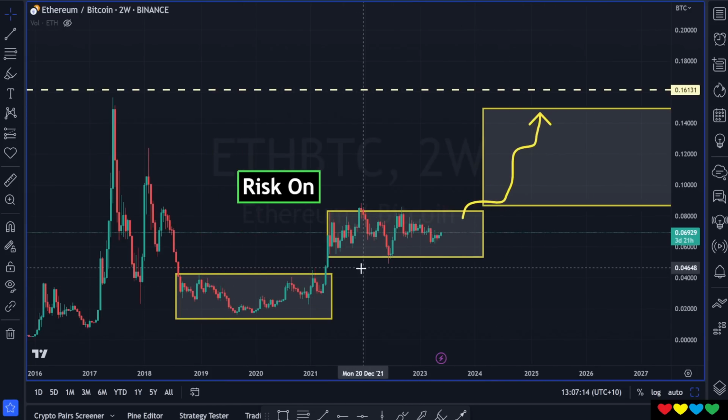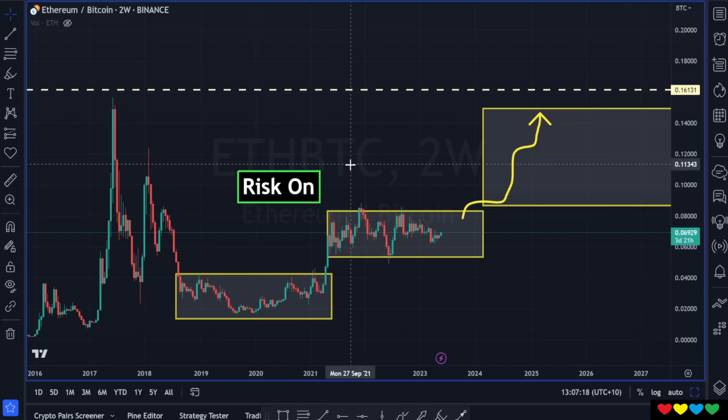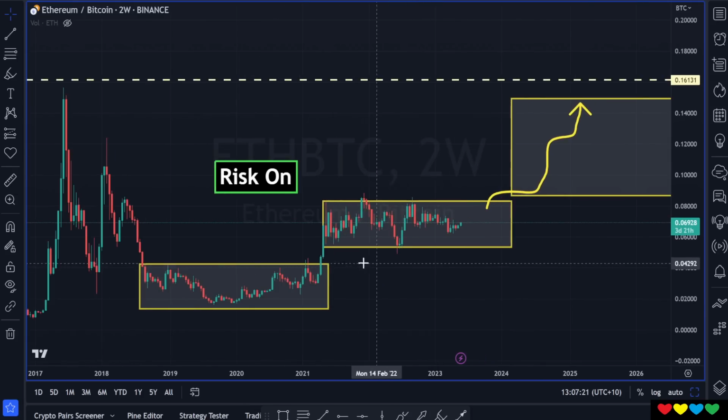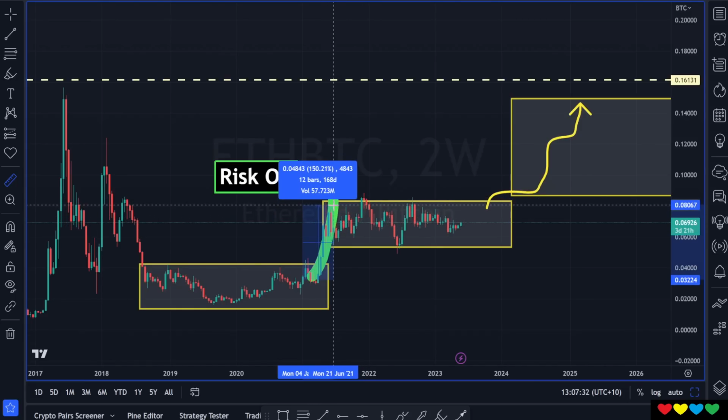But I want you to know as well, look at this, man. Like, this hurts, friends, all right? So you see this move. This was 2021, right? You see this move. This was 2021. I'm going to show you the distance Ethereum moved in this bull, okay? It's pretty good. It's about 100 to 150%.